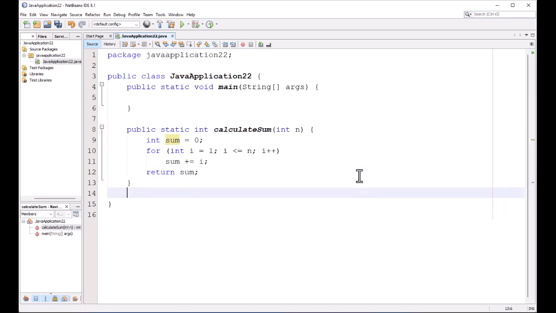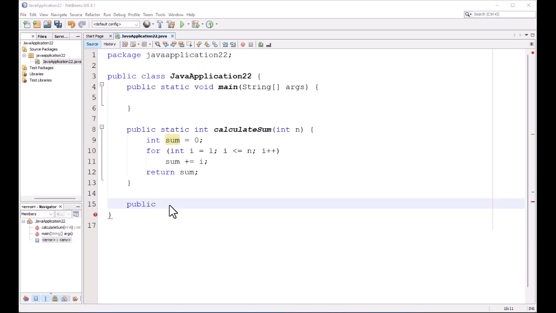Now let me write another method. Public static int. I will give it the same name. You can call it different names, but since we are learning about overloading, let's keep the same name. So calculate sum,